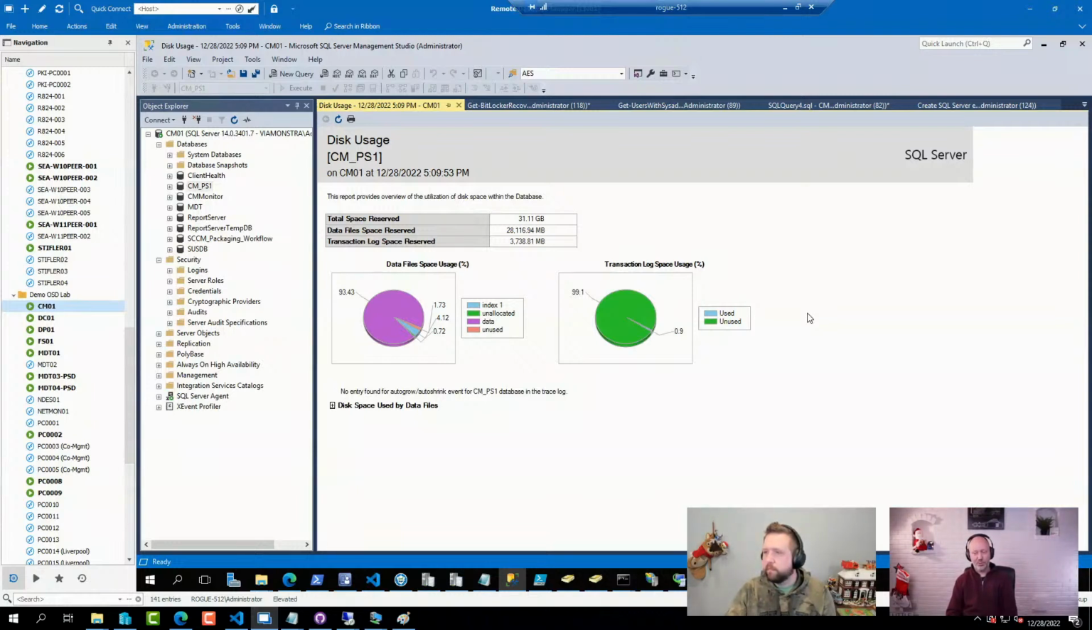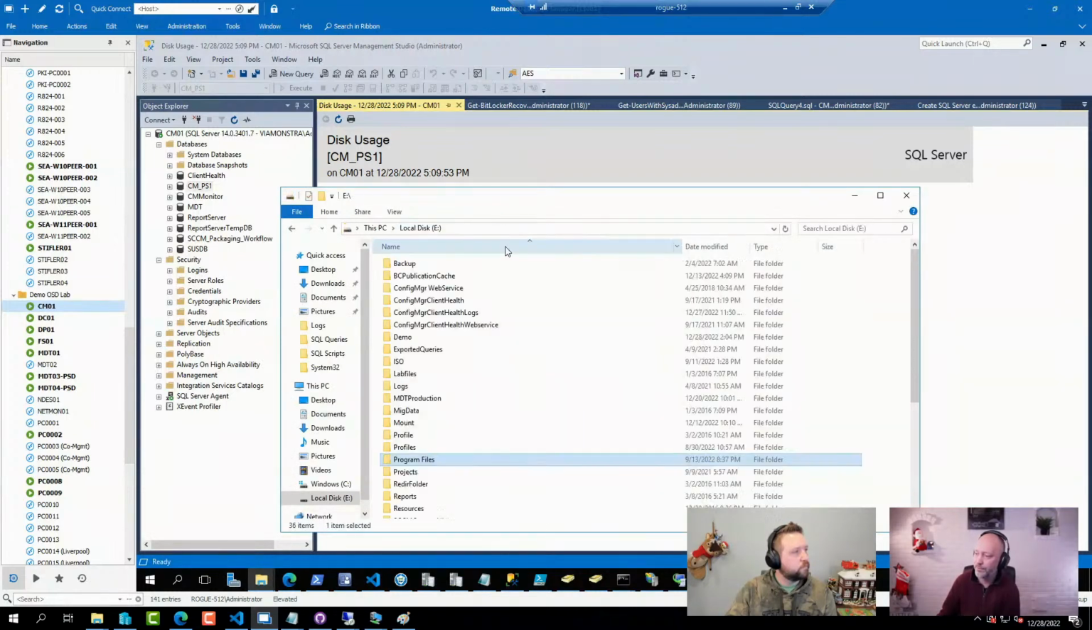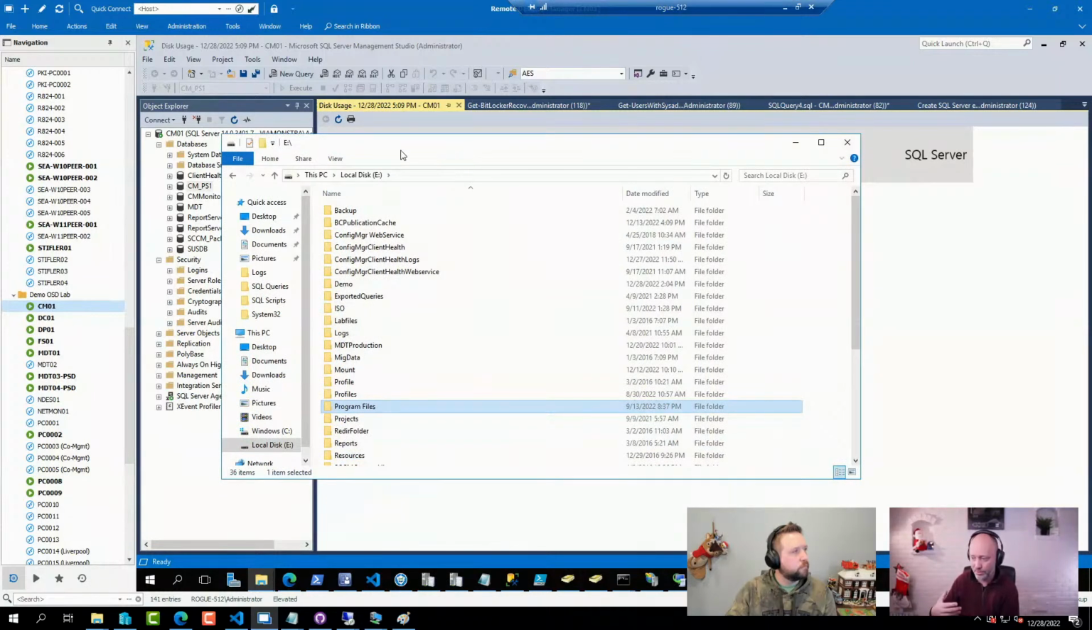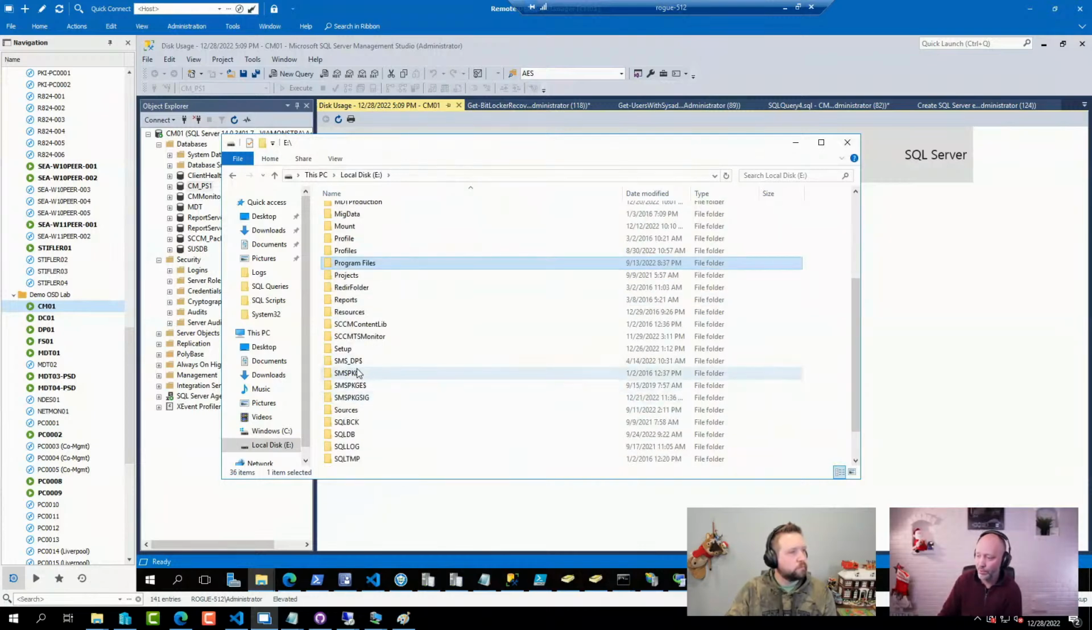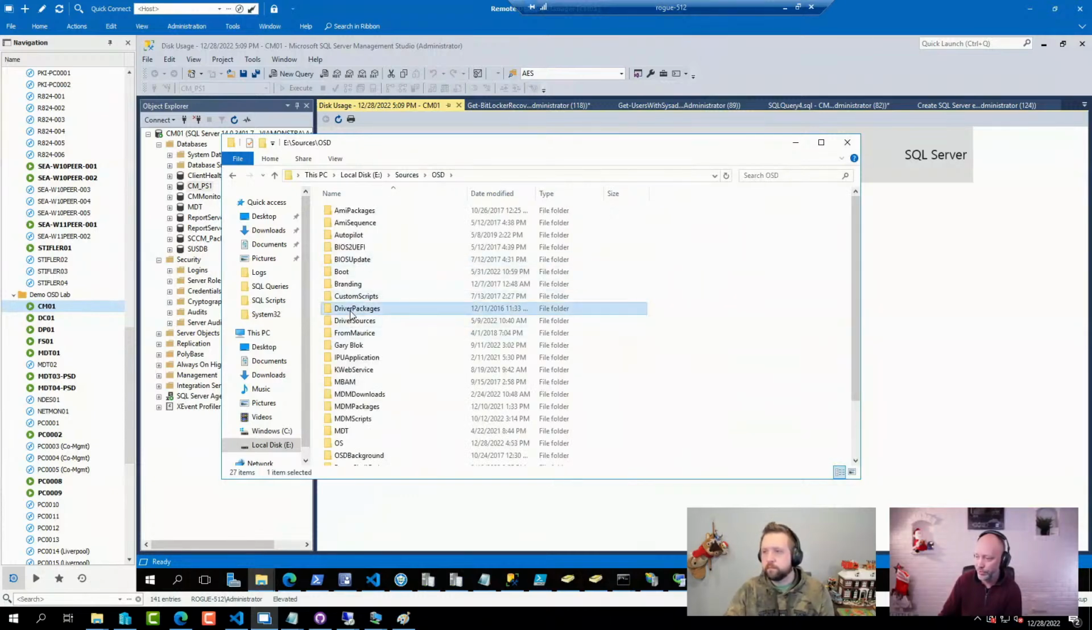ConfigMgr does support data deduplication of the content library. So if you take your driver packages that you have, first of all, don't import them as driver packages in ConfigMgr. Just create the WIM files of those packages. So then you would have something like this, where you have a folder structure